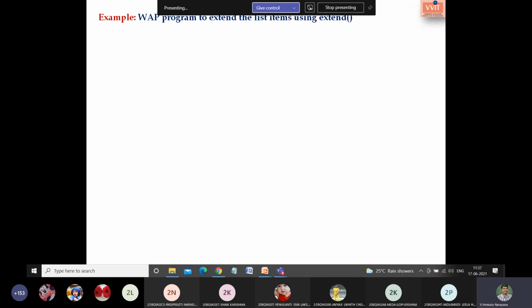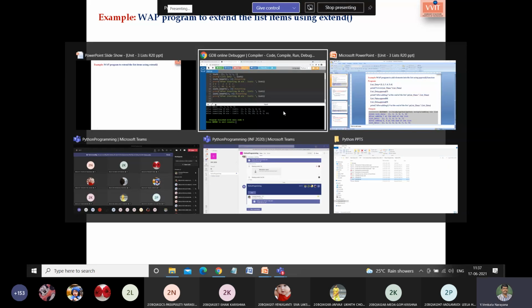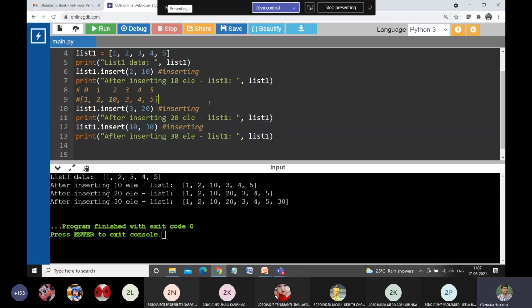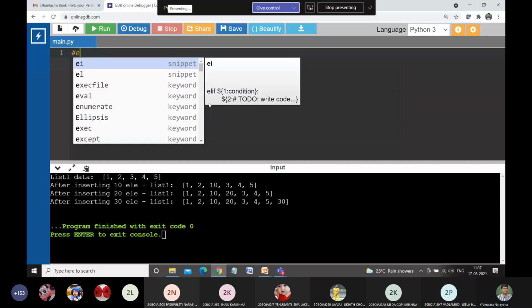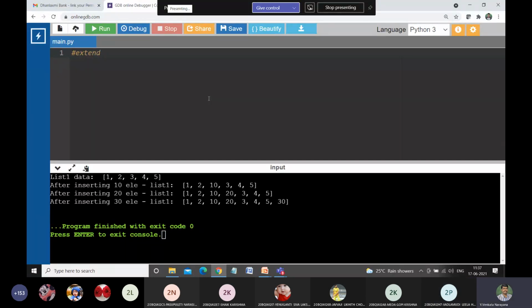So write a program to extend the list items using the extend method. I have opened the online compiler. So please, students, please check. Is that clear? Yes, sir. So, extend method illustration.